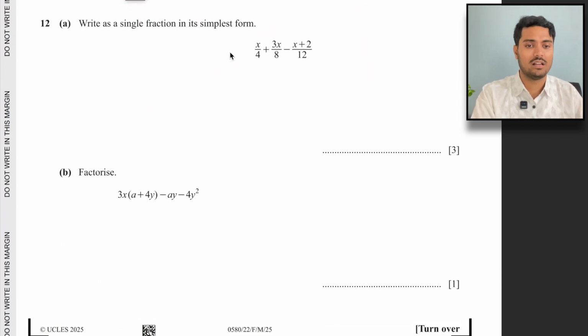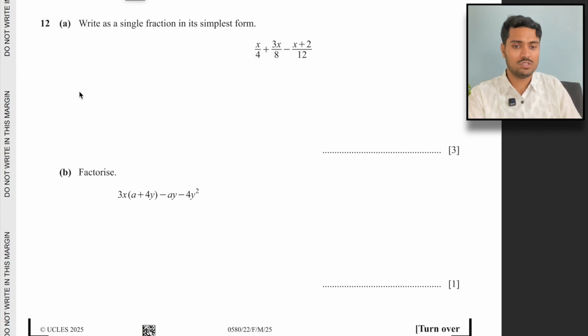It says, write as a single fraction in the simplest form. So here we have x by 4 plus 3x by 8 minus (x plus 2) by 12. So we can take the LCM, we can use the LCM method here. So LCM can be